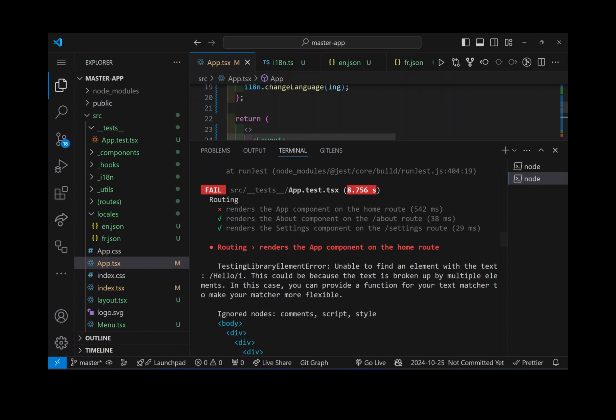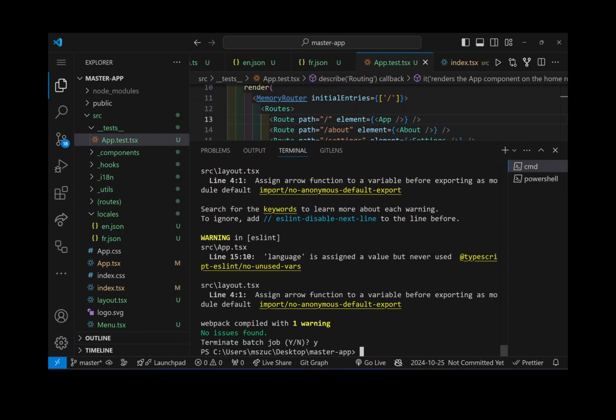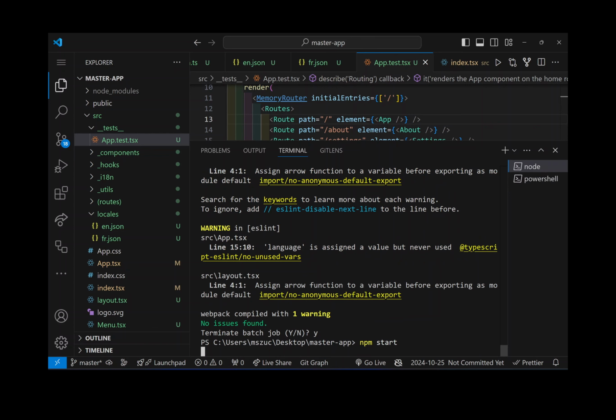Let's try ending this and then make sure I save all the pages properly. And I'm just going to first end the application, rerun the application. And actually one more thing, I forgot, I'm just going to make another test here, and it'll be